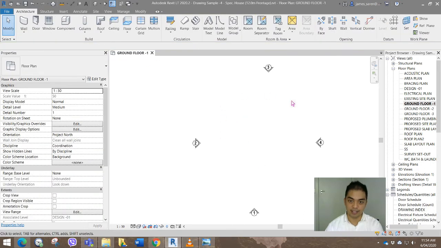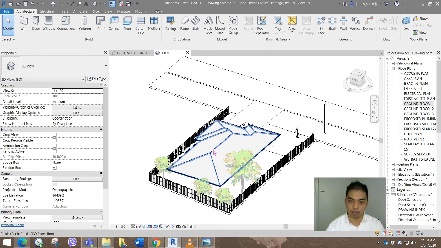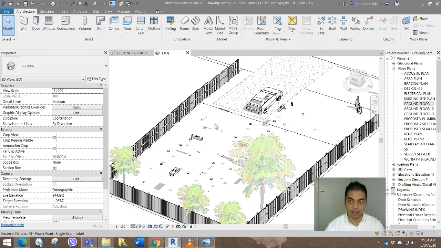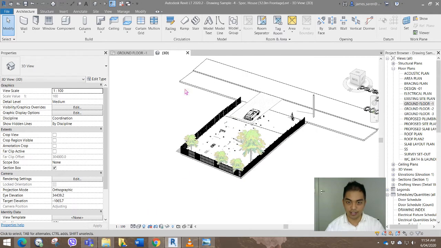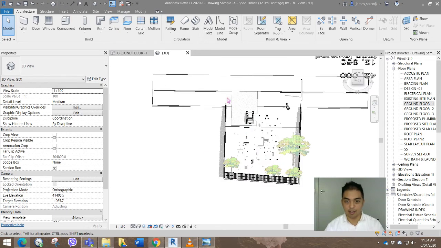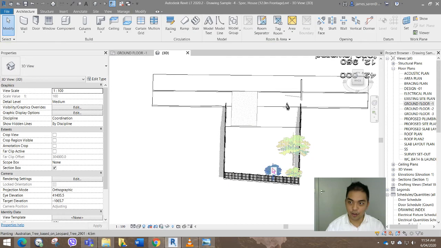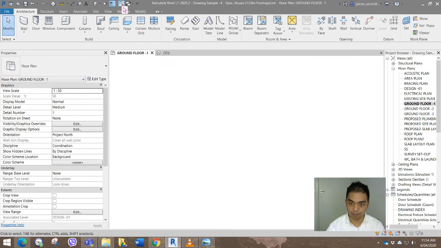And then this is our clean floor plan view. And you can have a look in the 3D view. Our roof is still there, hasn't deleted. And it's all of our electrical components. So if we go back to our, we should clear this. And delete the trees too, that driveway, and we can reuse this or edit it accordingly later. So if we go back to our ground floor plan,